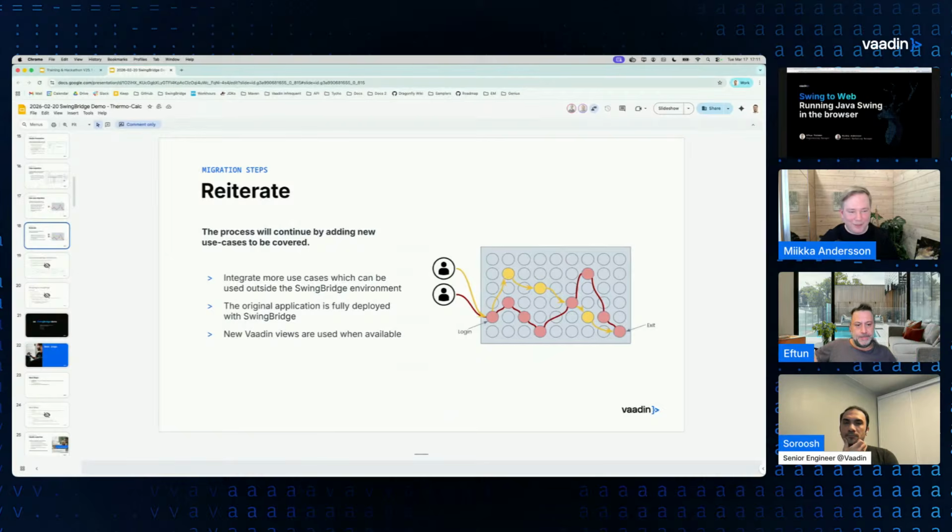And I would assume that this differs quite a bit from application to application. You've got some multi-million line Swing apps out there, and there might be smaller utility applications. Yeah, we have seen multi-million line applications,